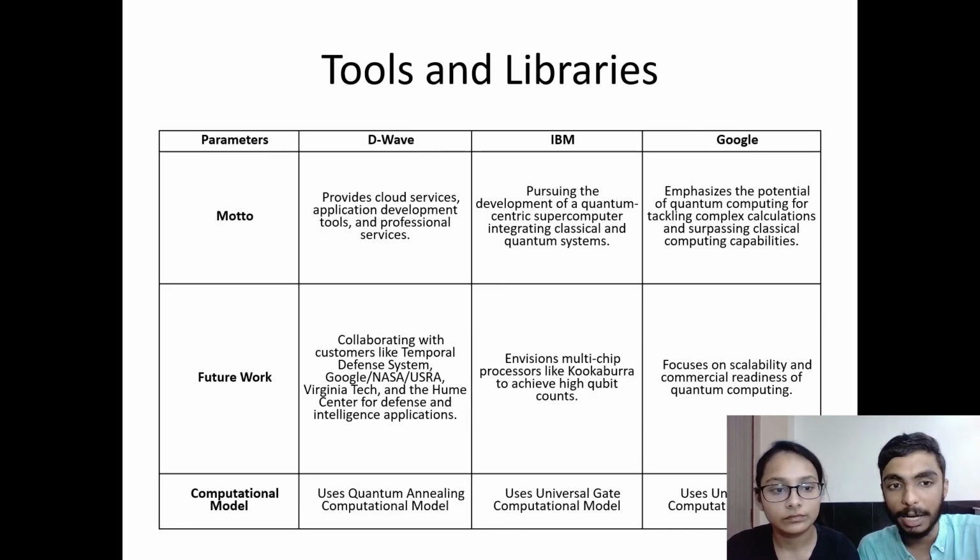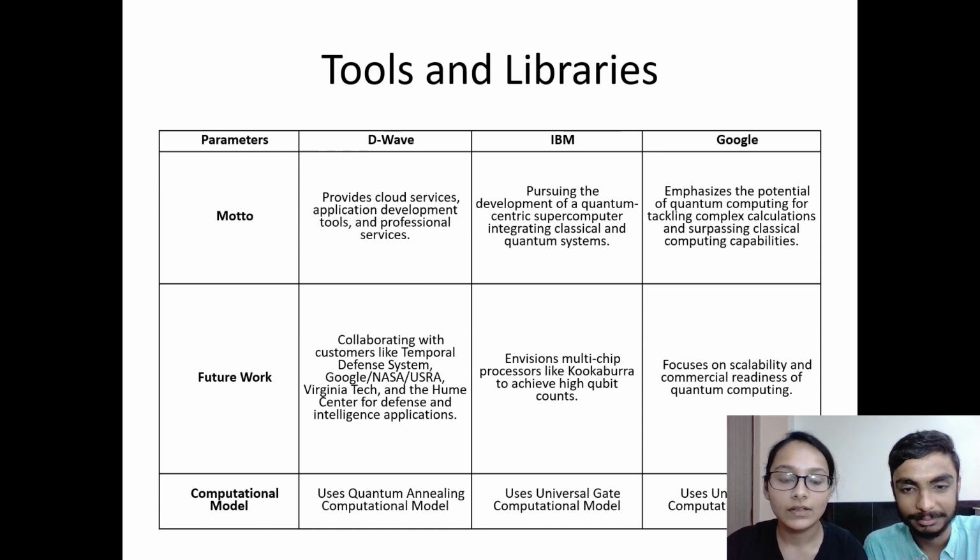Okay, so the next parameter was motto. D-Wave provides cloud services, application development tools, and professional services, while IBM is pursuing the development of quantum-centric supercomputers, integrating classical and quantum systems, while Google emphasizes the potential of quantum computing for tackling complex calculations and surpassing classical computing capabilities. Talking about future work, D-Wave is collaborating with customers like Temporal Defense Systems, Google, NASA, USRA, Virginia Tech,